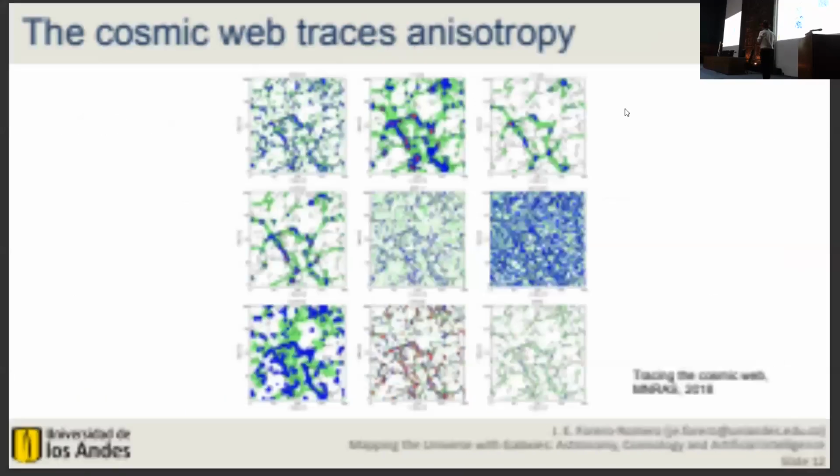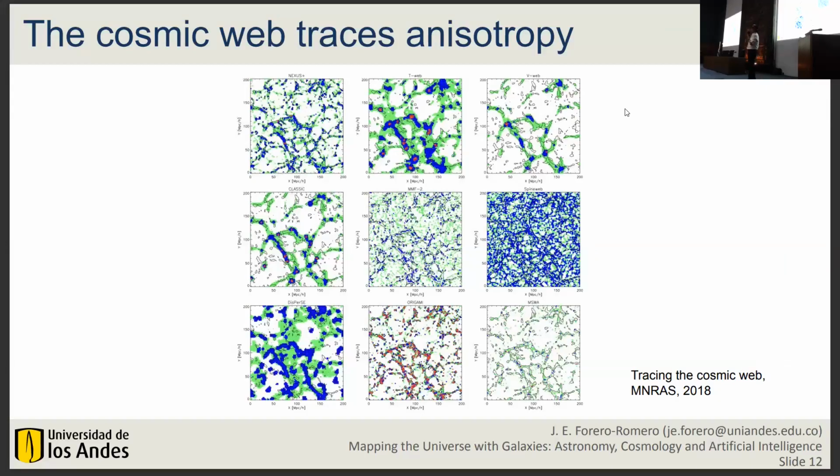But the cosmic web goes a bit further, because the cosmic web, what we see with our visual perception, is actually anisotropic. So the two-point correlation function doesn't really capture what is happening in the full richness of the cosmic web. What we have here is the result of a comparison project that we ran a few years ago. So we were a bunch of theorists. We took one cosmological simulation as an input. The scale is a couple of 100 megaparsec.